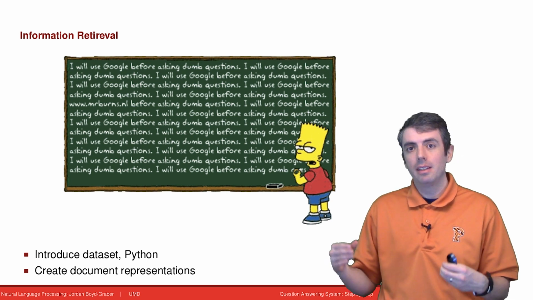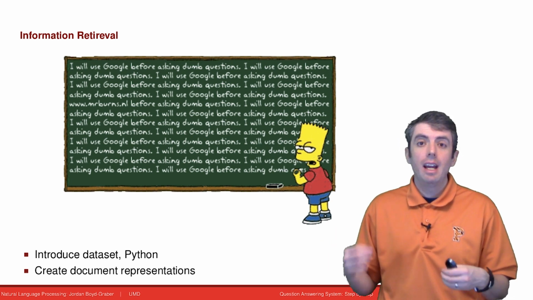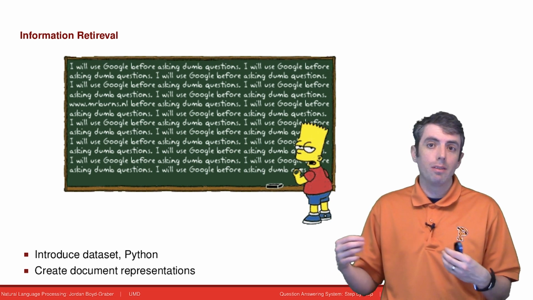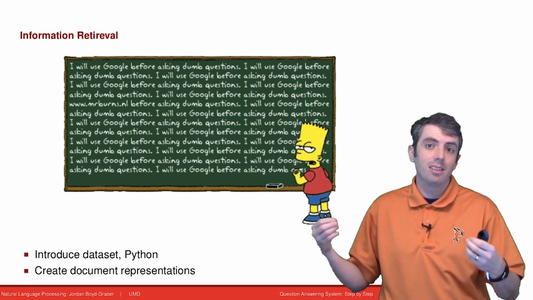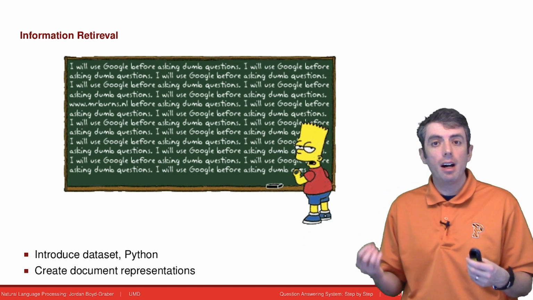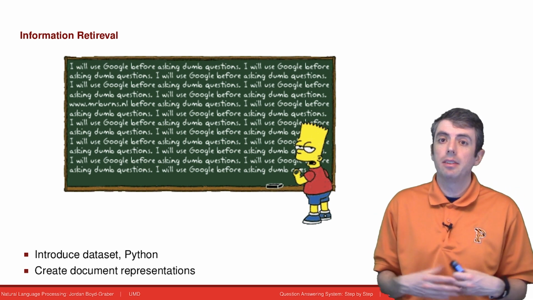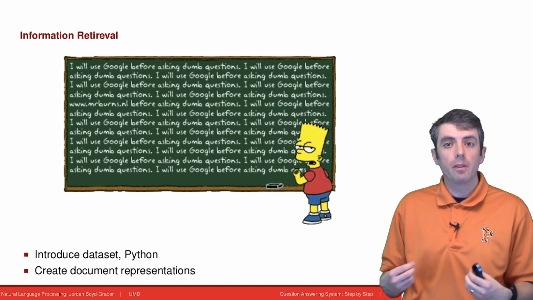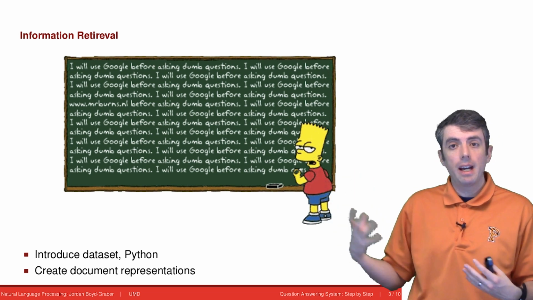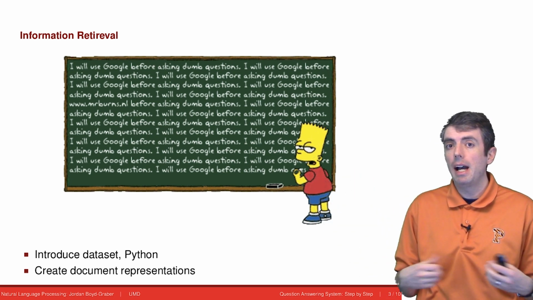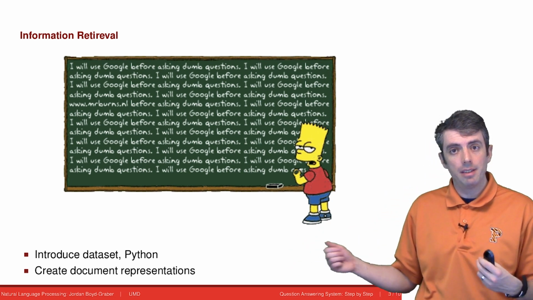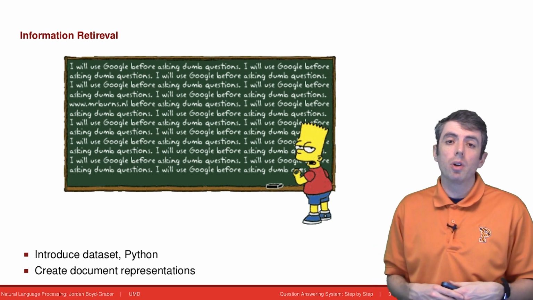You learn how to represent documents as a single vector, and you use operations like cosine to compute similarities between different objects, such as queries and documents. Information retrieval is often a foundation of question answering systems. You can use information retrieval taking a question as a query, put that into the system, see what documents you get back, and either use those documents as your answers or use those documents as input to a more complicated